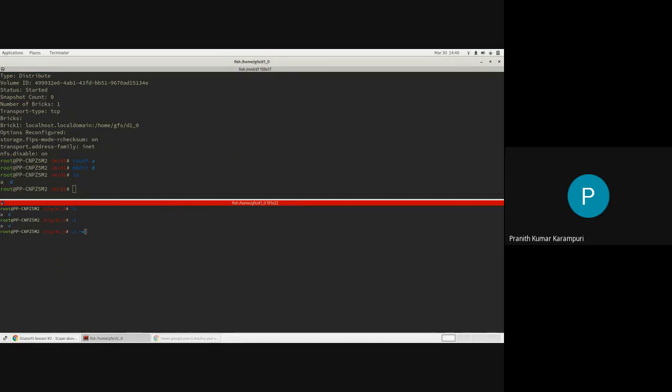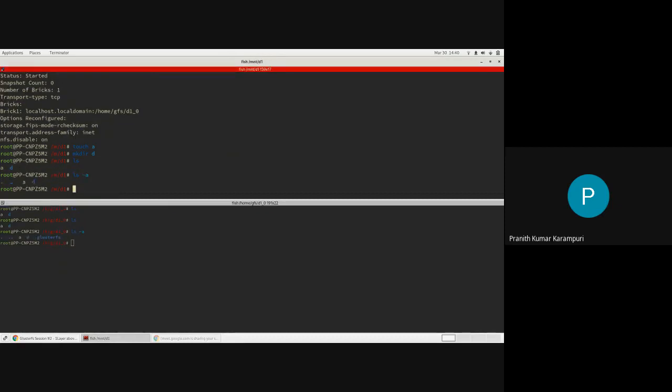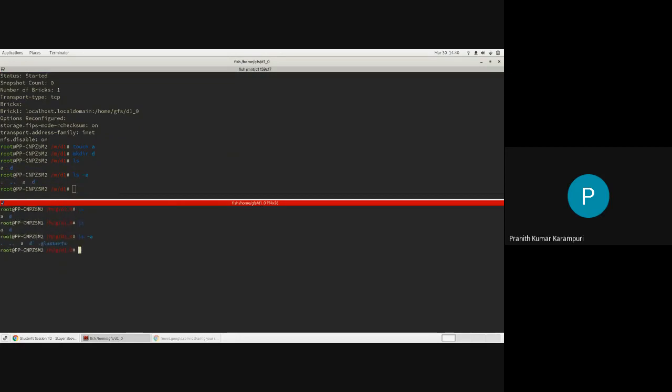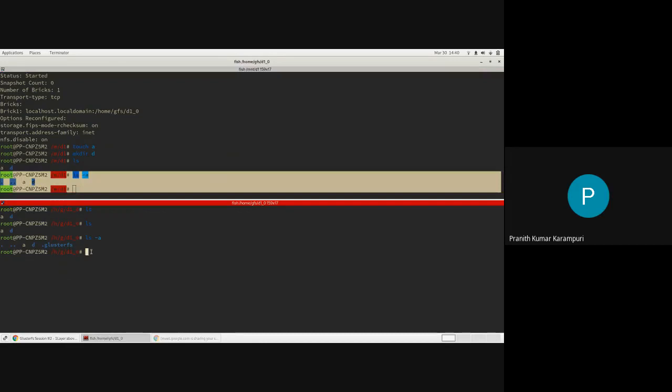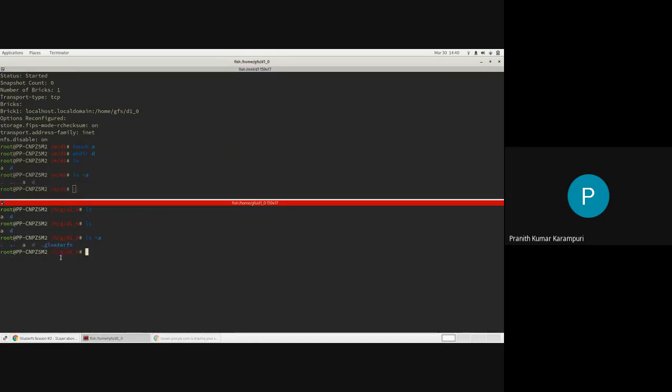But if you do ls -a, then the contents will be different. You have this hidden directory called .glusterfs that doesn't get exposed to the mount point. All the internal data of GlusterFS generally gets stored inside this .glusterfs directory.